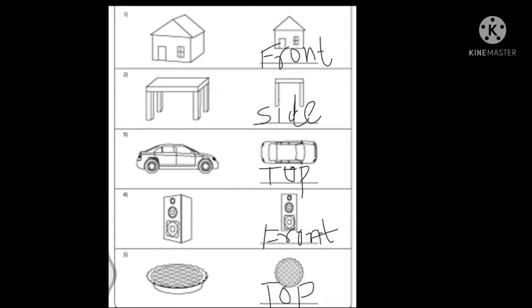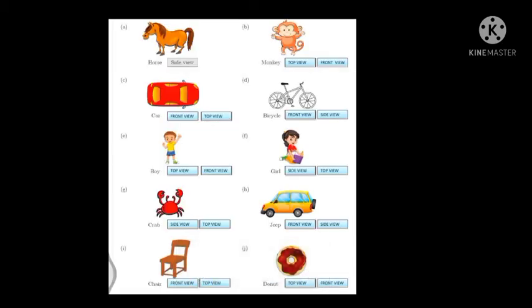Here the direct view of the given objects is given. Directly view hai, and we have to mention which view this is. For example, here you will see the horse. Horse is there, and the horse will look like this if we look at it from the side view. Here the answer is mentioned. Can you see? यानी इस हॉर्स को अगर हम साइड से देखेंगे, so it will look like this. Yes or no? So here we have to just identify, without any, just imagine that if this object is there, from where if we look, it will look like this, from the top or side or the front.